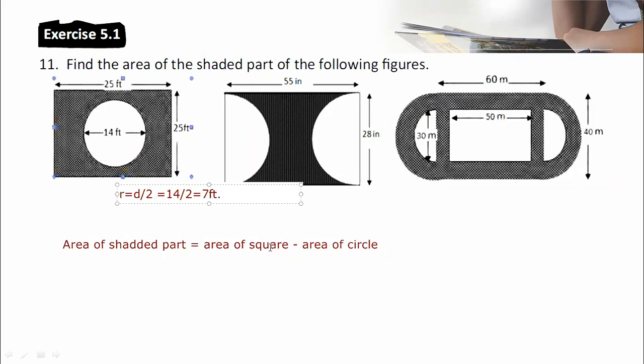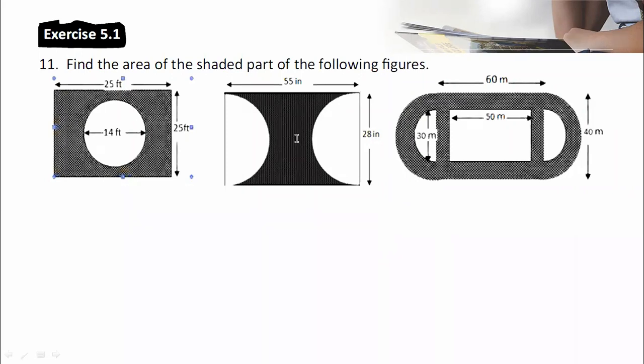Now look at the next one. Second one. There is the rectangle of length 55 inch and breadth 28 inch. And inside this rectangle, there are two semicircles. Two semicircles, that means half portion of the circles. If we add these two circles, what will we get? यो दुईटा सर्कलहरुलाई एक ठाउँबाट दुई अलग-अलग ठाउँबाट एक ठाउँमा ल्यायो भने के बन्छ? Full circle. It will be a full circle. So simply we can find out the area of rectangle minus area of the circle.